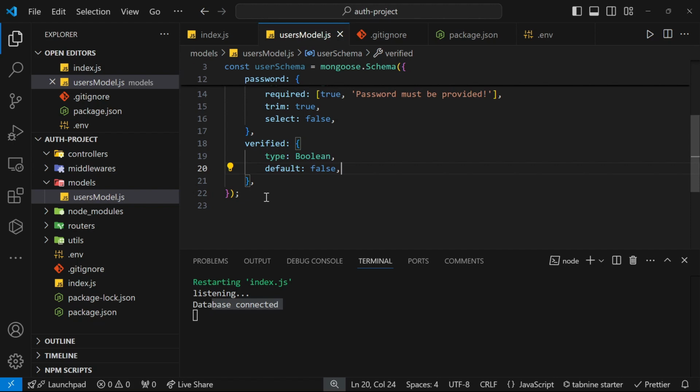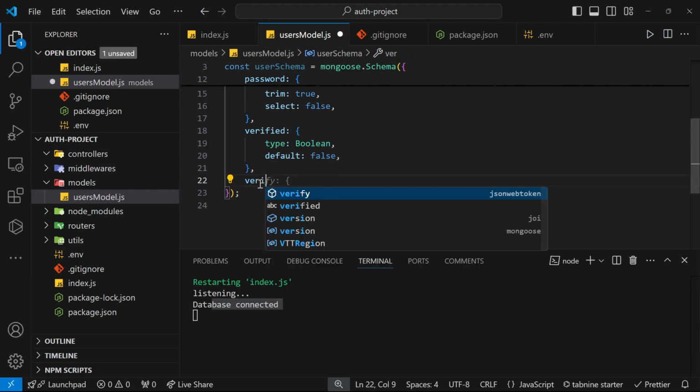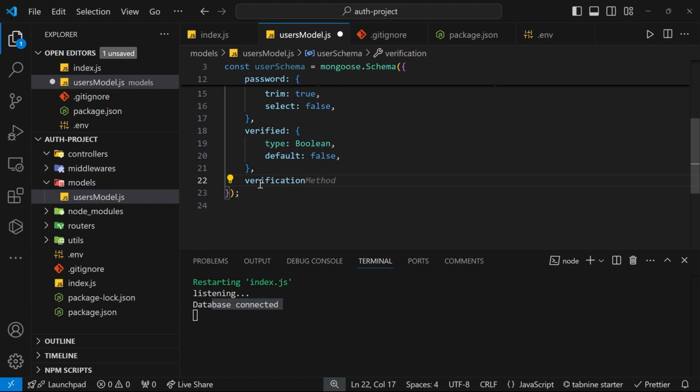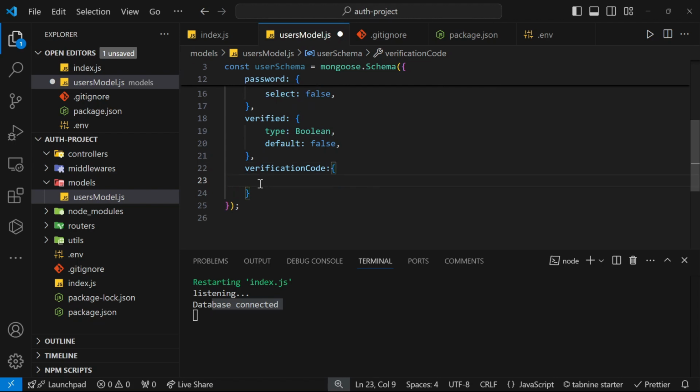He has to make this verified status to true after some verification steps. Then I'm gonna write verificationCode. So it is for storing the codes we sent to the user for verification process. So the type would be again string